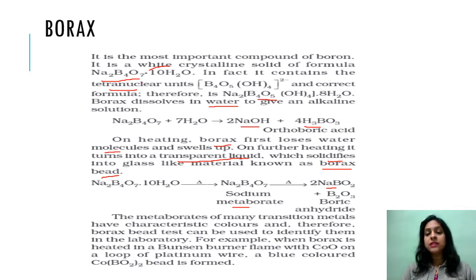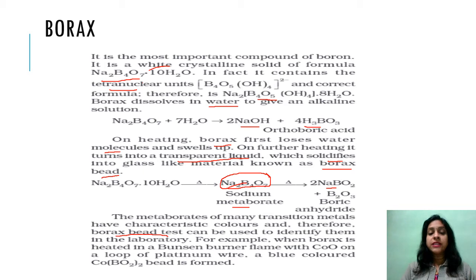Now these metaborates of many transition metals, इनके characteristic colors होते हैं, ये इनके अपने different particular colors होते हैं, and because of which it is also used as a borax bead test, which is used in the laboratory to identify the different